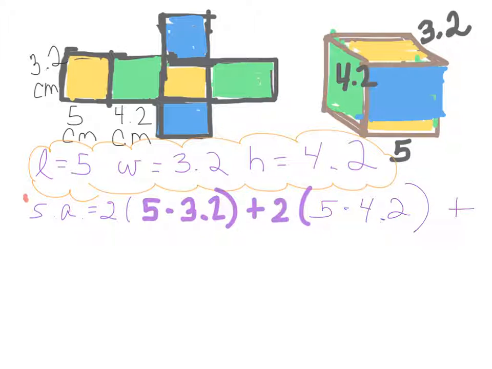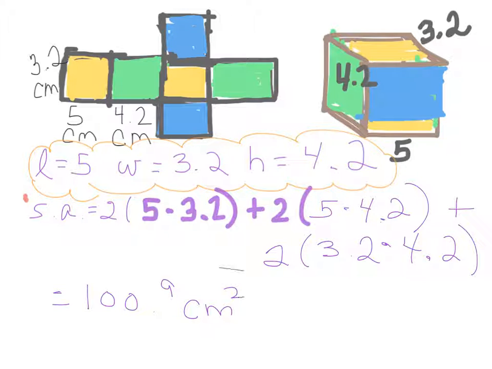And then the last one is going to be 2 times width times height, which is going to be 3.2 times 4.2. Once we add all of these together, we're going to get a total of 100.9 square centimeters. Okay, so all I did was I took the sum of this piece, which is 2 times